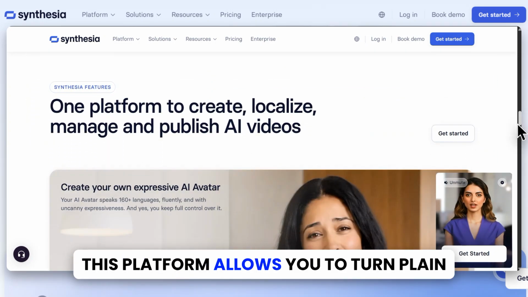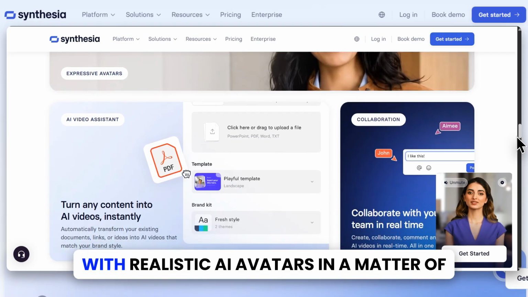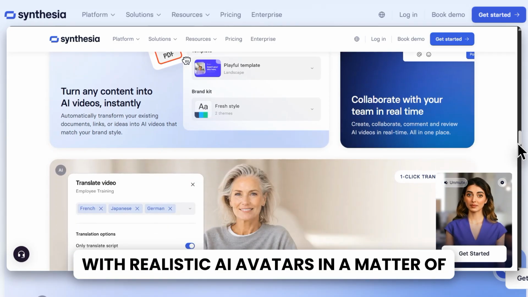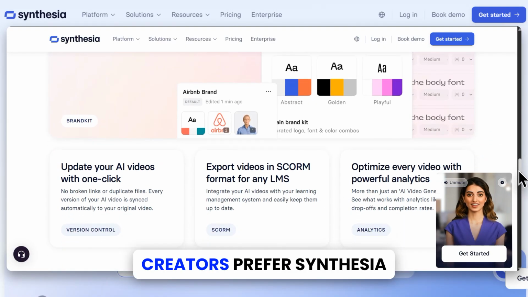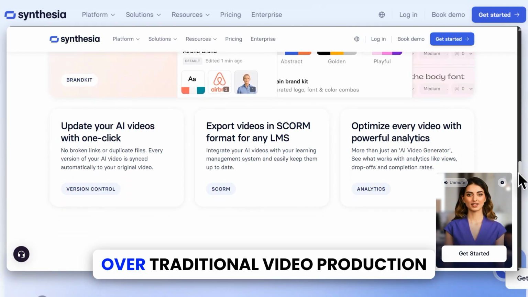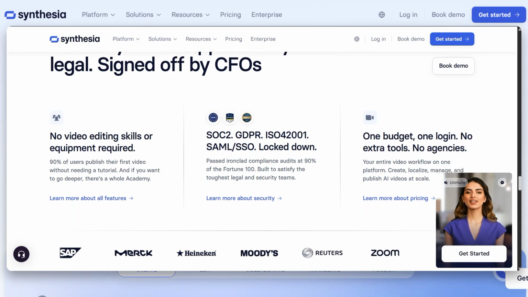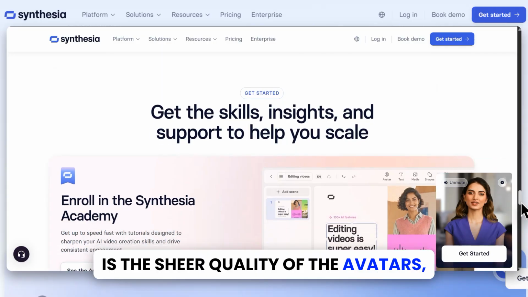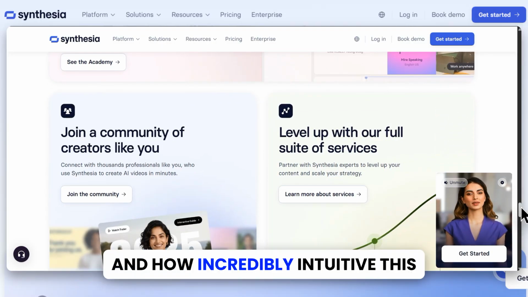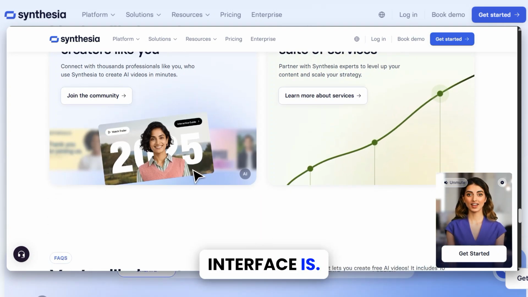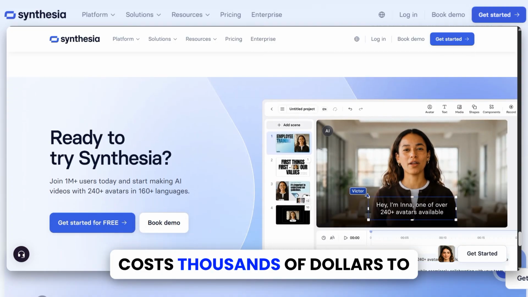This platform allows you to turn plain text into highly engaging videos with realistic AI avatars in a matter of minutes. The reason so many businesses and creators prefer Synthesia over traditional video production or even other AI tools is the sheer quality of the avatars, the natural flow of the text-to-speech voices, and how incredibly intuitive this interface is. You don't need a degree in video editing to make something that looks like it costs thousands of dollars to